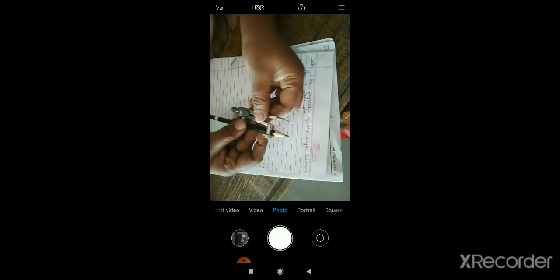After this, we have to draw the angle bisectors. This is the compass, the adjustment I told you yesterday: we have to just close this, take both points together, hold it in this way and adjust the nib of the pencil and the nib of the compass in parallel. Then this metal point we have to put on the angle Q. So here it is angle Q. Now we are drawing the angle bisector for this.